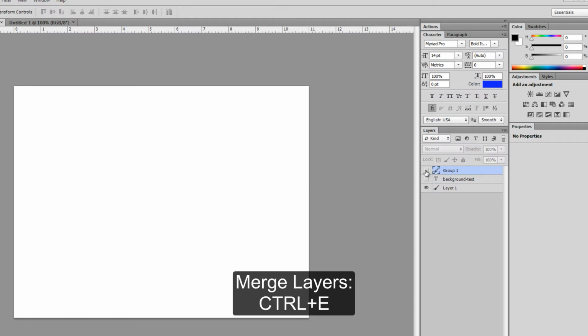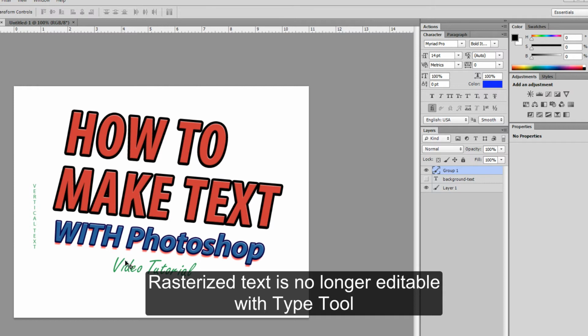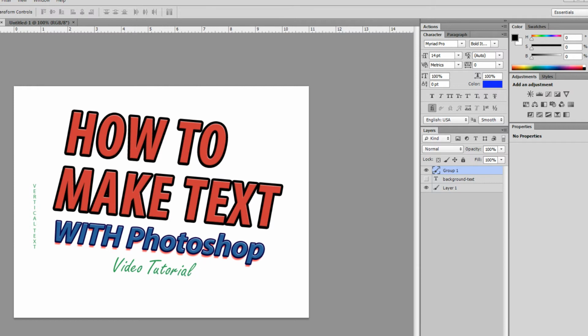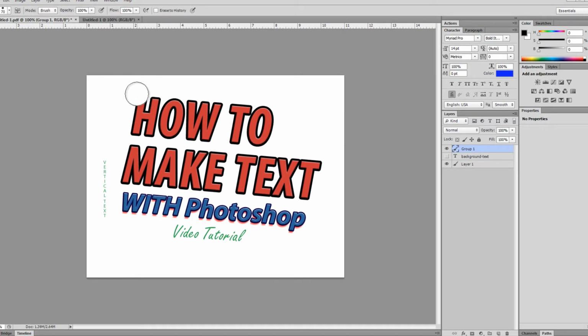So now these are all one single layer. They're no longer editable text, they're an image now. So they're kind of a picture of text if you think about it that way. So now we can do some different things to the layer there. If we wanted to, let's say, smudge it to get some kind of weird effects, we could erase parts of it now. We could put a mask onto it, and then we could paint in a mask with some sort of